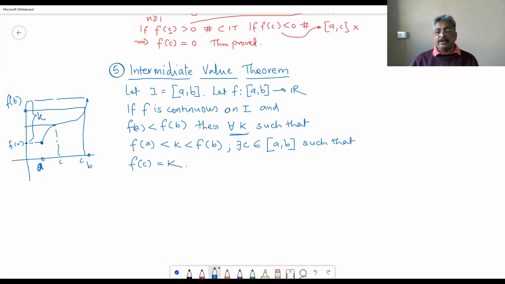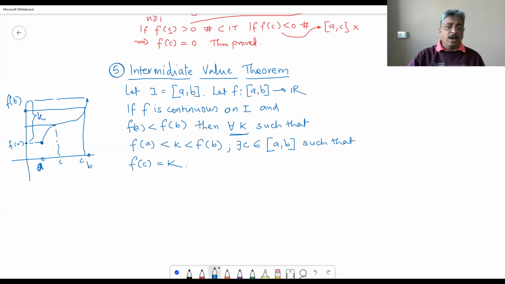So this theorem, the intermediate value theorem, says that for every value between the two extreme values of the function, there is a c which will give you that value. It is very simple. But writing the proof is an art. Intuitively you understand the theorem, but you need to develop the skill to convert your intuition into proof. Draw diagrams into proofs. You have to get it. This is something which is doable for you, so try your level best.